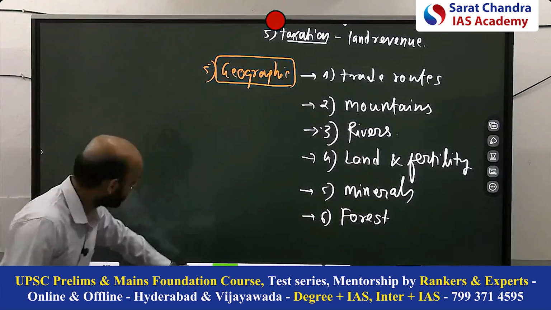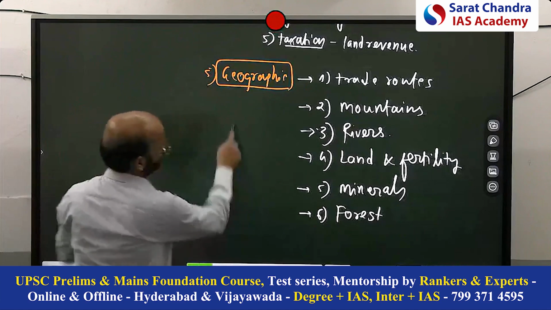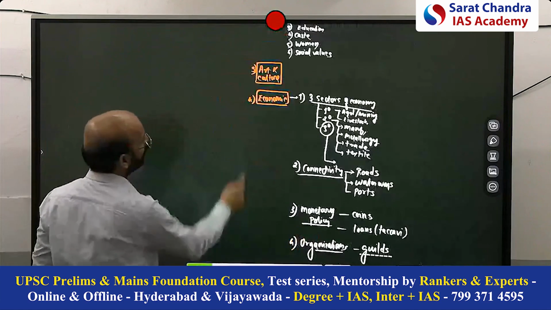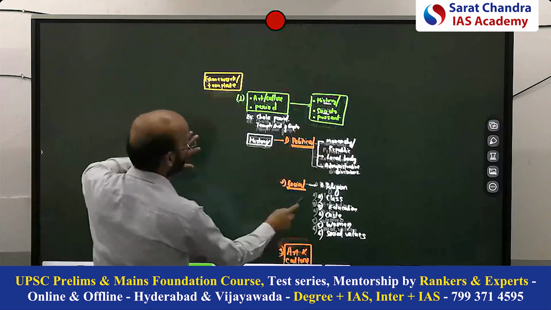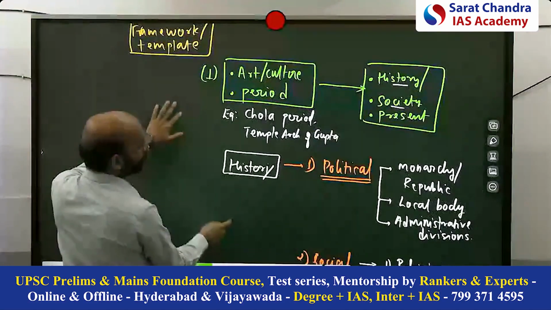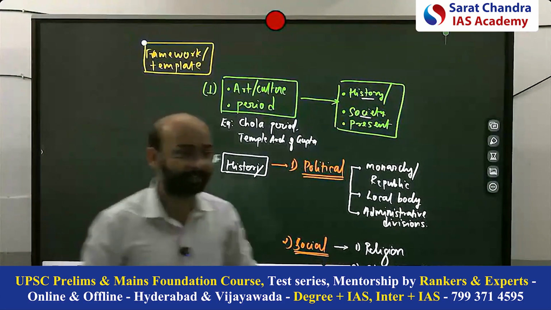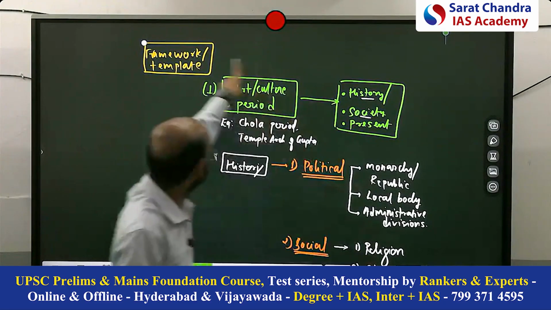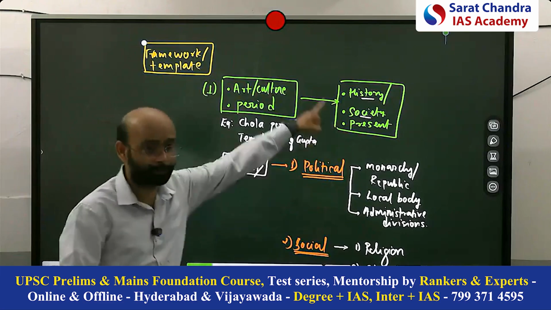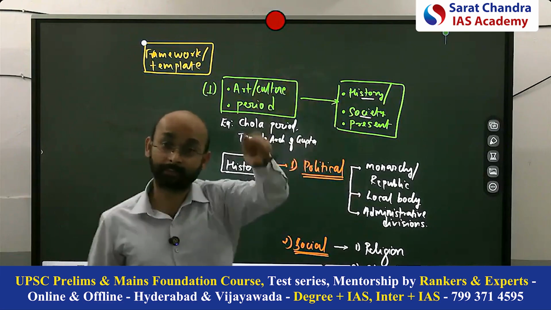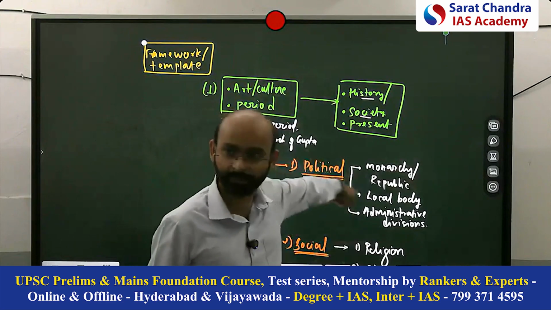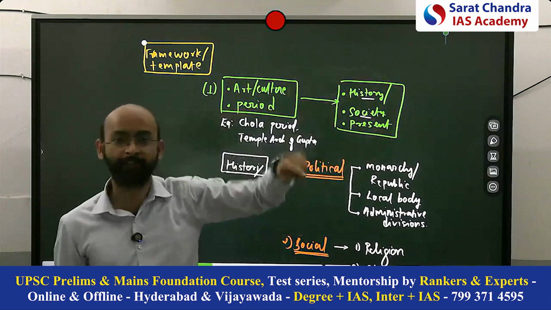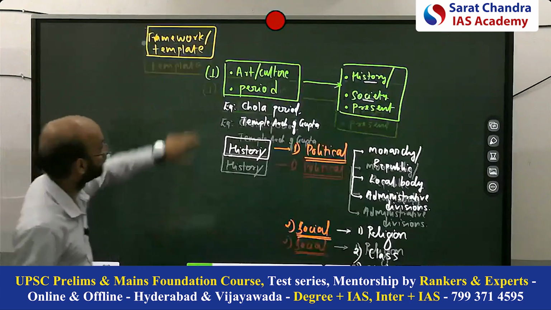Okay. So this is the broadest 5-dimension framework. We don't have to bring all aspects into our answer, not required. But at least we should know every aspect, so that if UPSC specifically asks to give the political significance of this particular kingdom, you have the dimension. If they ask about geographical factors, you have the dimension. Economic, you have. Social, you have. Art and culture, now we will create.